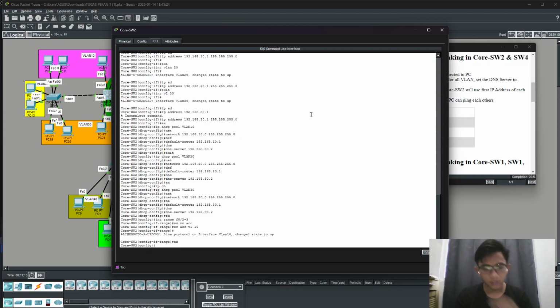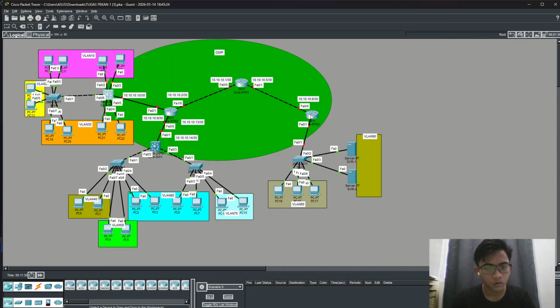Okay, exit again, and interface range F0/4 until 5, I'm sorry.